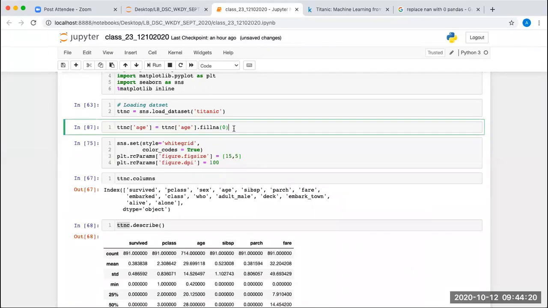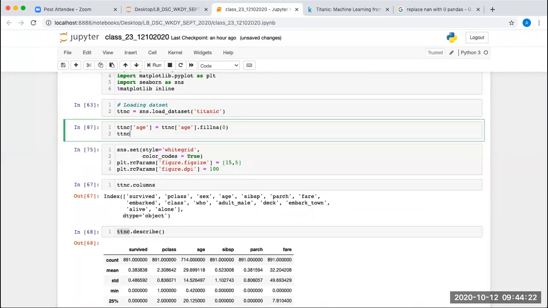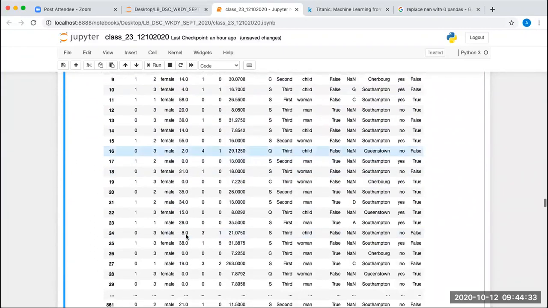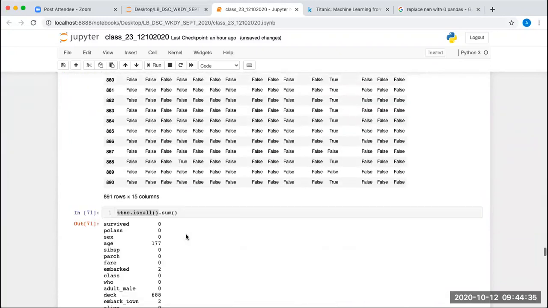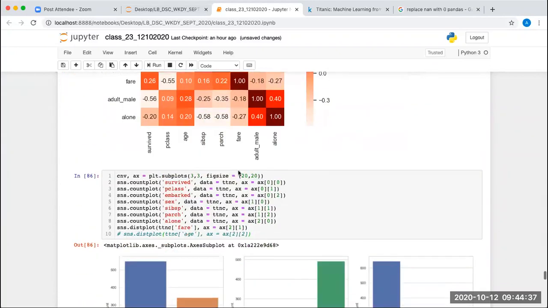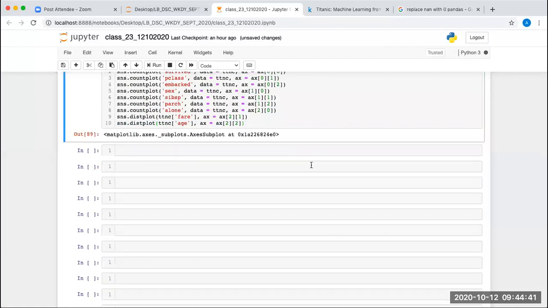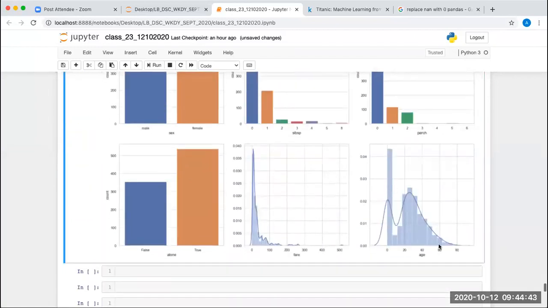Now can we get titanic age? We are getting 0. The rest of the values are as they are. Any change in that? No, right? Okay, now if I execute this line, it should work. Yes, now it is working.